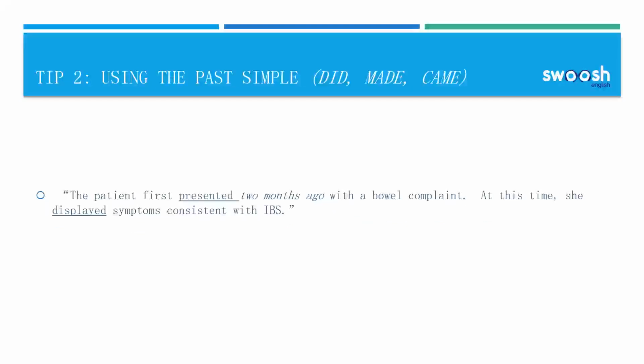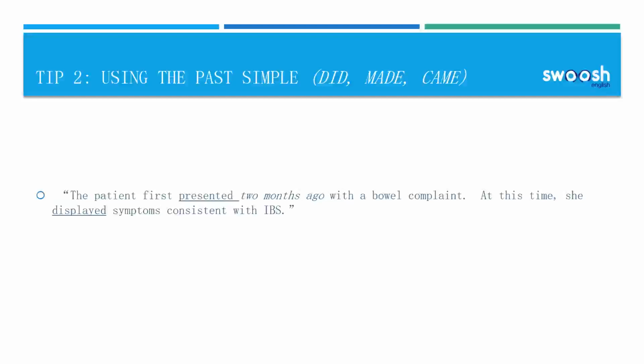Now let's have a look at the past simple. Once you've provided the patient's unchanging status and profile, the past simple, generally speaking, is the tense you will most likely go on to use in your referral or discharge letter. This is because the past simple is used to provide background information, which has been specifically linked to a past